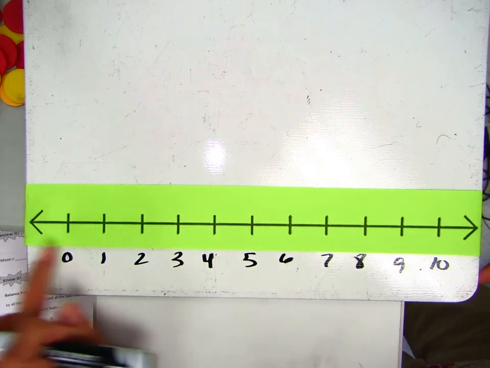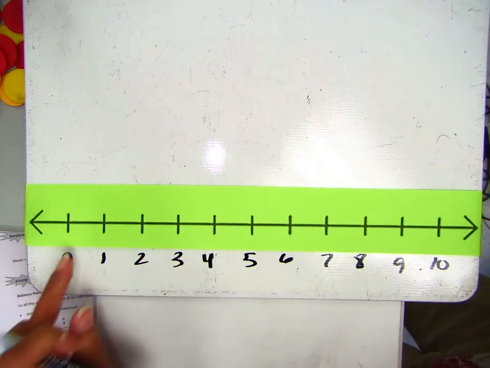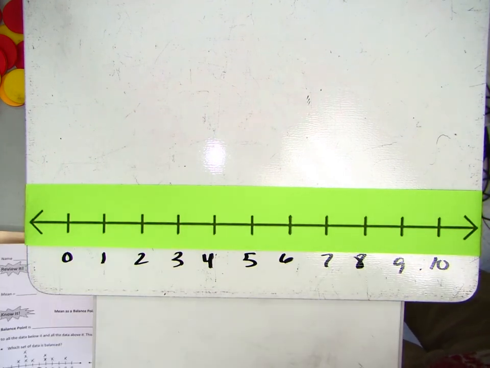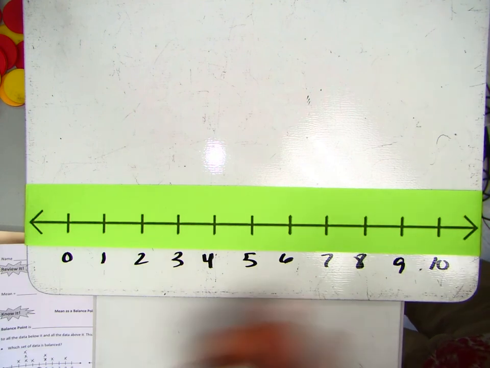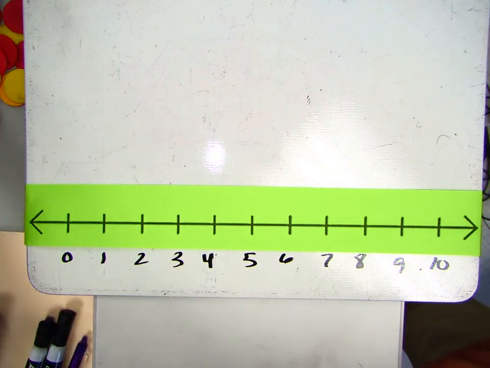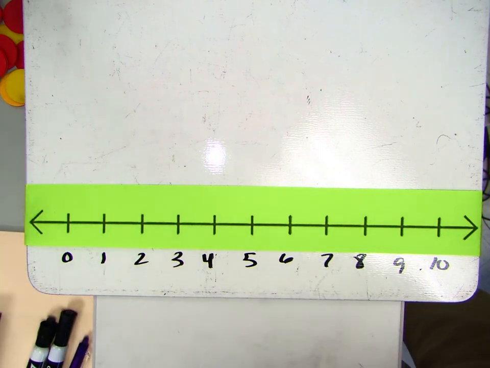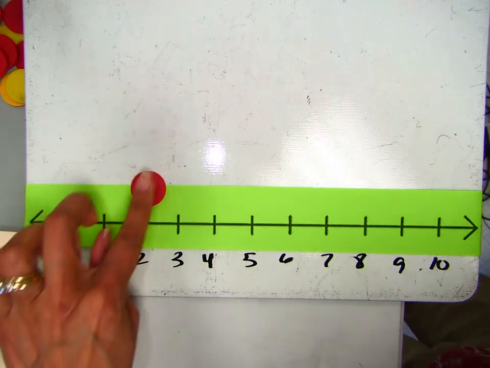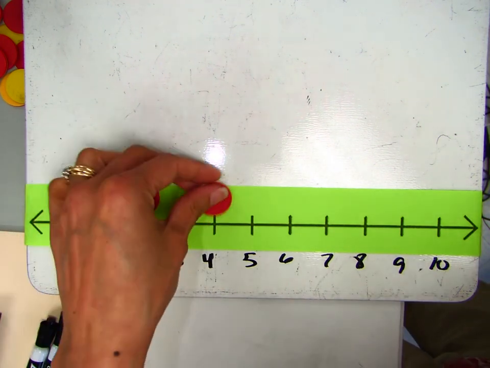Now make sure you're not writing on the number line itself, because you're going to have to do this again and again for your notes so that you understand how this works, and you're going to have to use different numbers. So now that I've numbered the number line, I place counters for wherever my data points are. So in this case I had one marked at 2, 4,